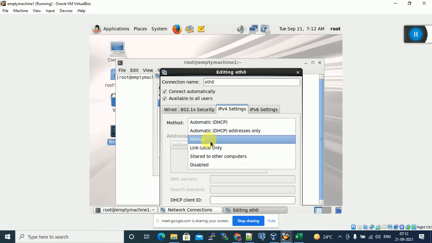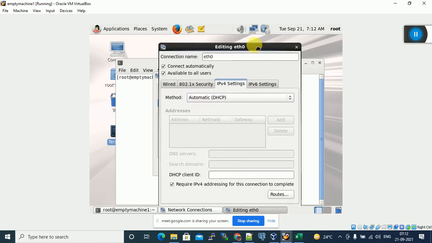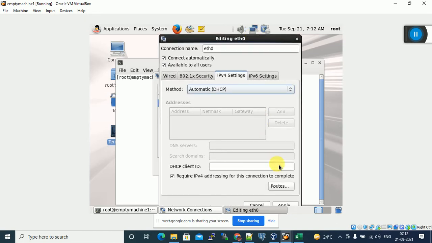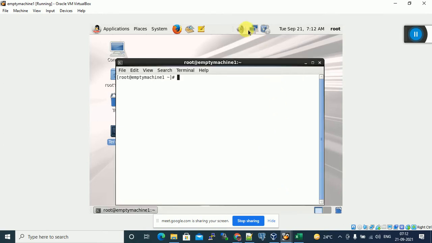If it is manual, you have to provide the IP address. As of now we are giving automatic. Choose automatic, click on apply, close. This should be in active state, then only you can connect from PuTTY.